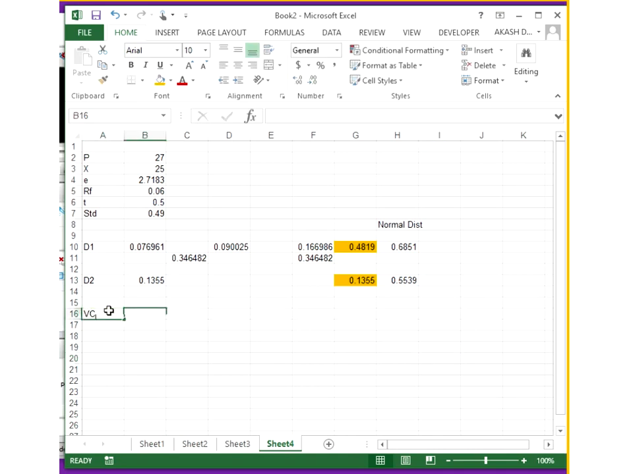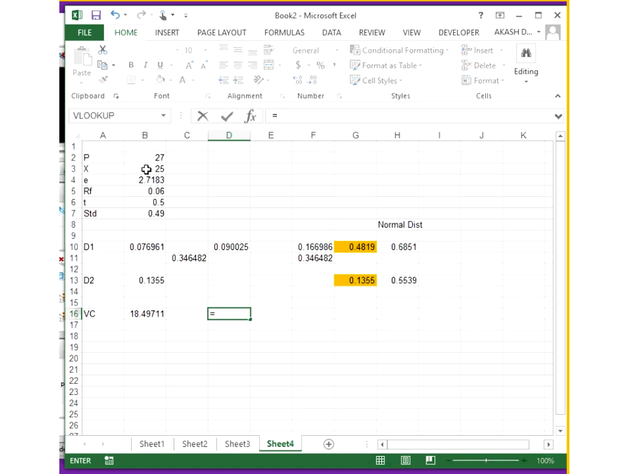This is VC, and that is price multiplied with the normal distribution of B1, which is this one here, minus. So let me just break it up again, and this is minus